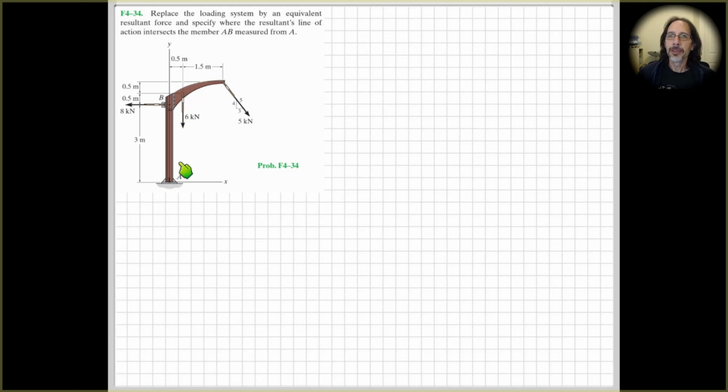Now, usually the easiest way to do that is to find the resultant components of the force at A, and also the moment that we need there to be equivalent to our original loading. So we'll find the equivalent force components and couple moment here at A, and then from there we'll find the